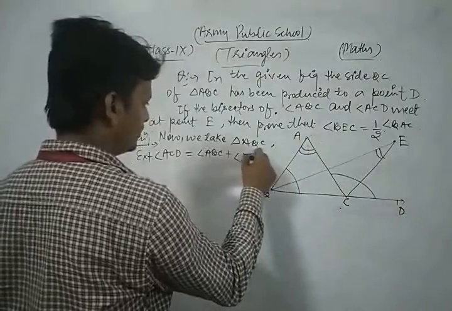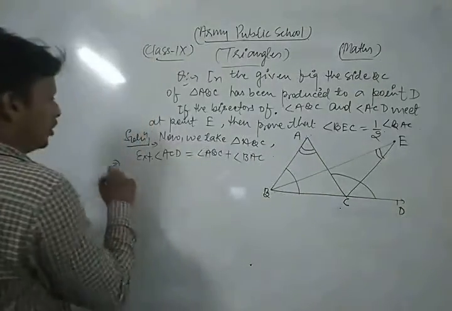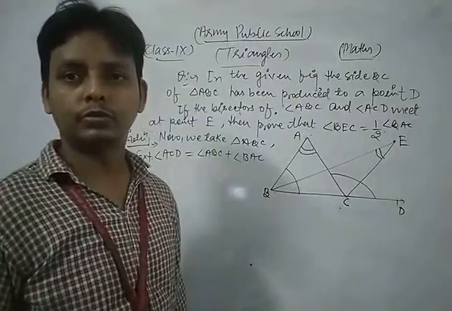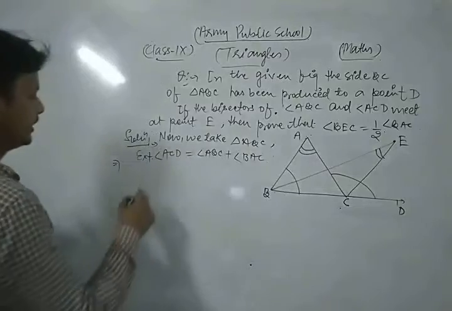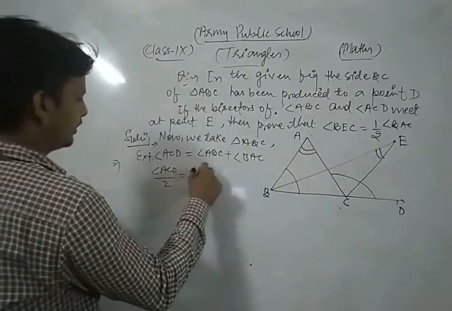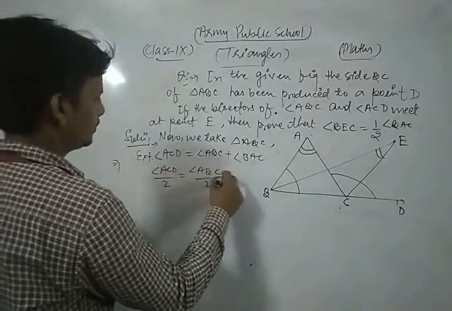Now we divide both sides of the equation by 2, and we get half of angle ACD is equal to half of angle ABC plus half of